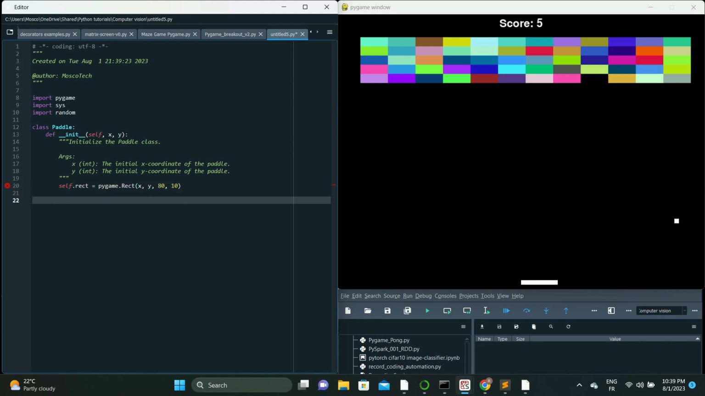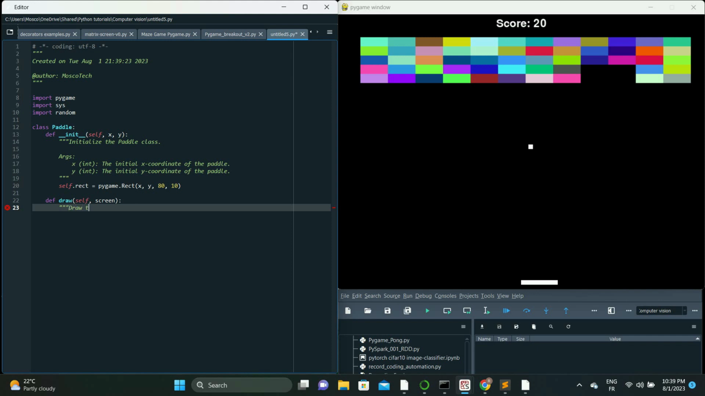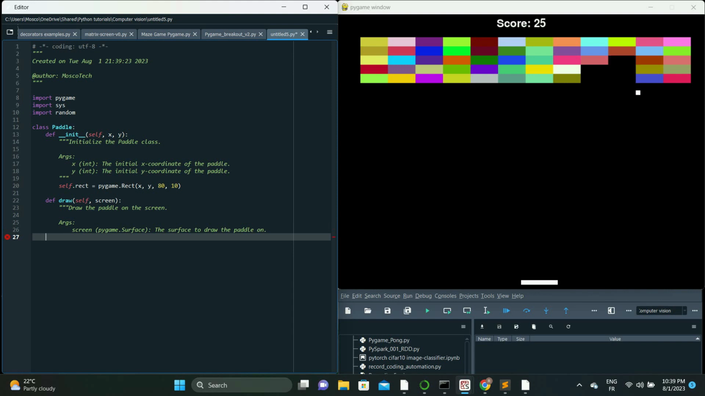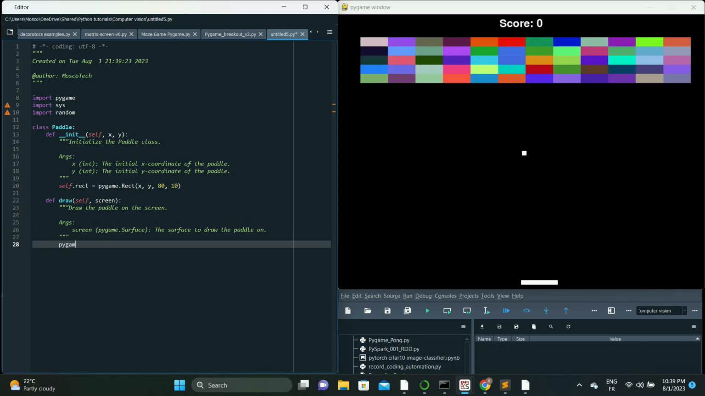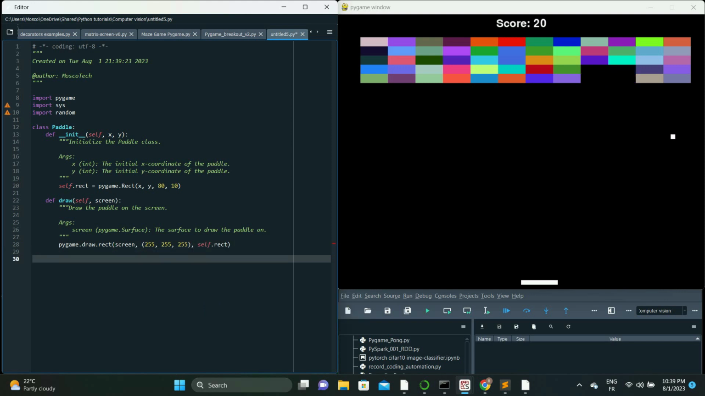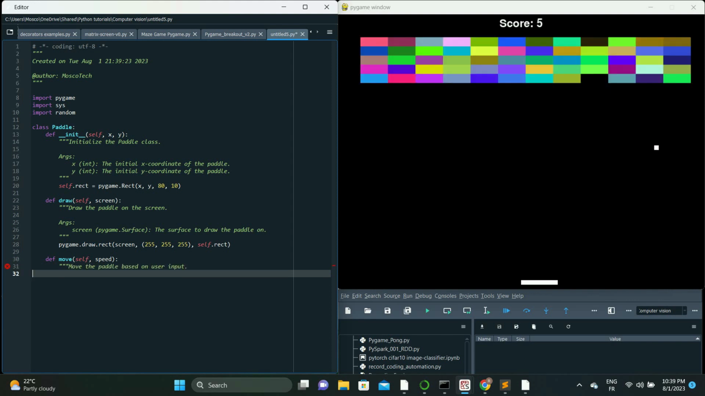The paddle class represents the player-controlled paddle in the game. It allows the player to move the paddle horizontally using the left and right arrow keys. In the first line, we define the paddle class, which will handle the behavior of the paddle in the game. The init method is the constructor for the paddle class, which initializes the paddle's position and size on the screen. Within the constructor, we create a Pygame rect object to represent the paddle's rectangular shape. It is positioned at the given x and y coordinates and has a width of 80 pixels and a height